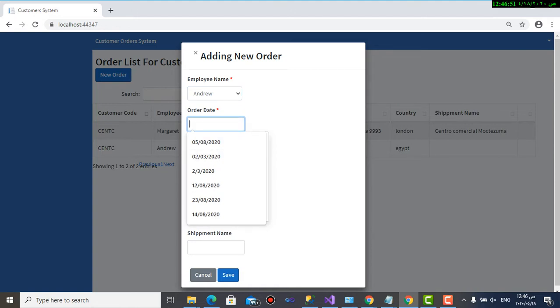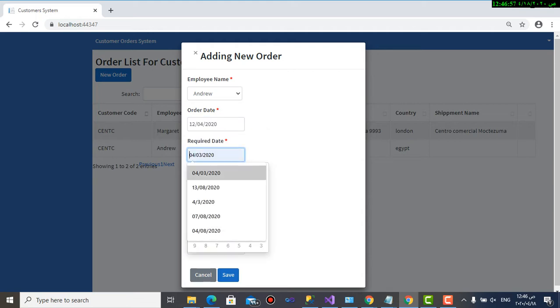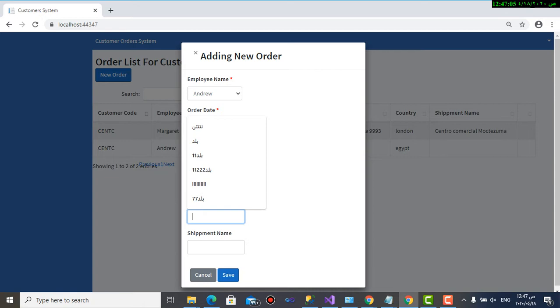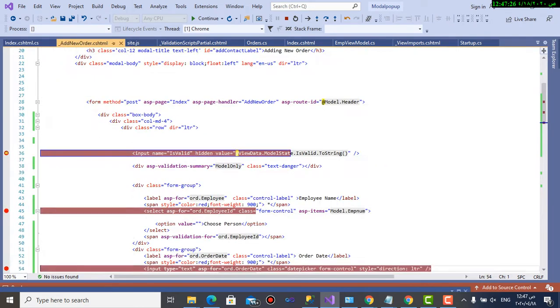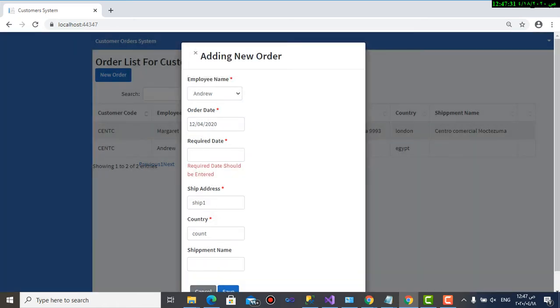Here I will enter some data. There is a calendar but not seen because of the history. If I leave a required field empty and press save, as it is here, the asterisk is seen as it must be entered. It's forbidden. If I press save, it will say there is an error and will highlight the error,